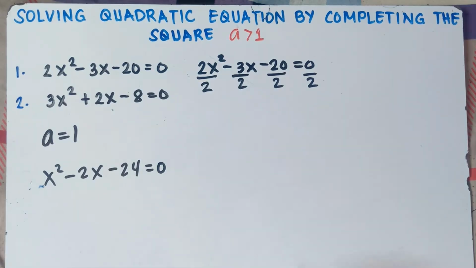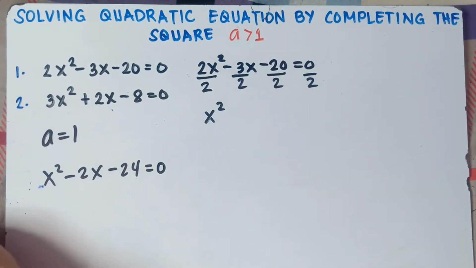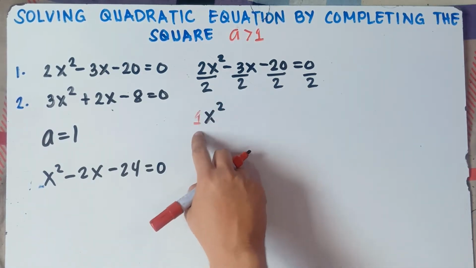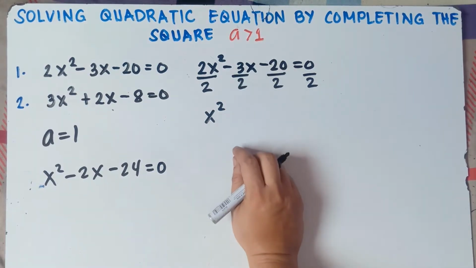Alright, so this will be 2 divided by 2, that's 1. Then copy x squared. We can write 1x squared, that's okay, or just simply x squared. Understand that there's a 1 here, class. So x squared, can we divide 3 by 2? Nope. We cannot divide 3 by 2. You will get a decimal answer. Can we reduce? Nope, we cannot reduce.